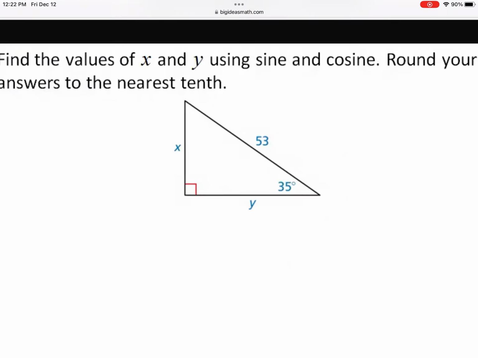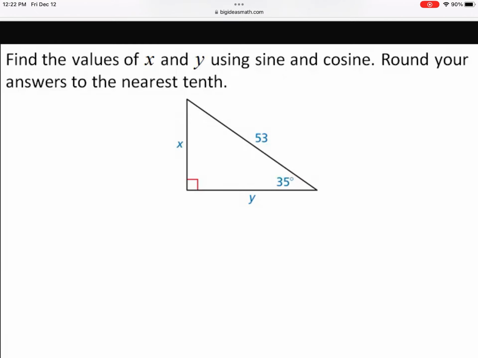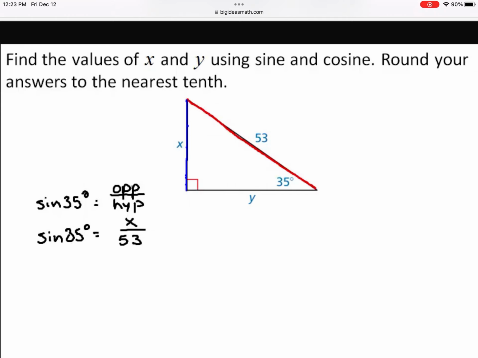Find the values of x and y using sine and cosine. Round your answers to the nearest tenth. First, use the sine ratio to find the value of x. So the sine of 35 degrees equals the opposite side over the hypotenuse. Looking at the figure, the side with length x is opposite your angle, and the side with length 53 is the hypotenuse. So substituting in the given information gives that the sine of 35 degrees equals x divided by